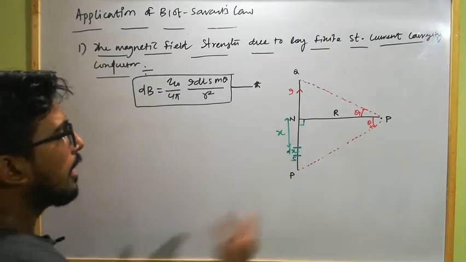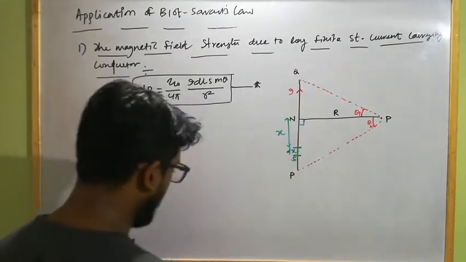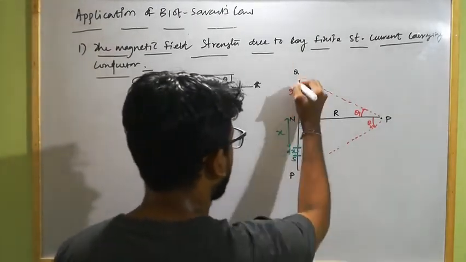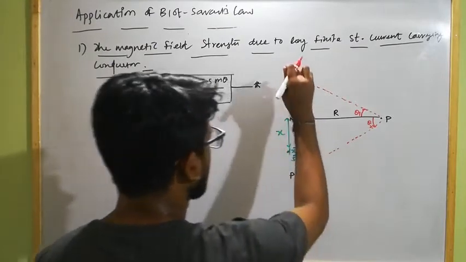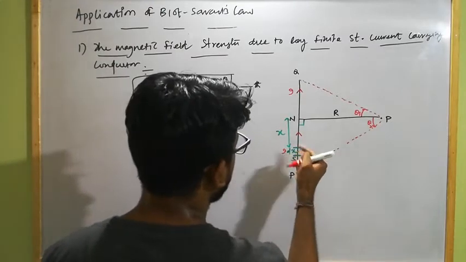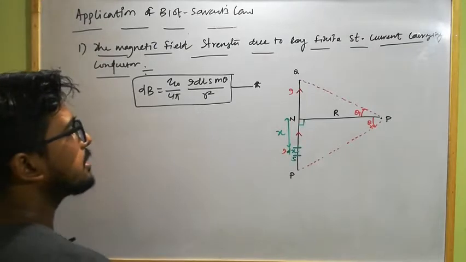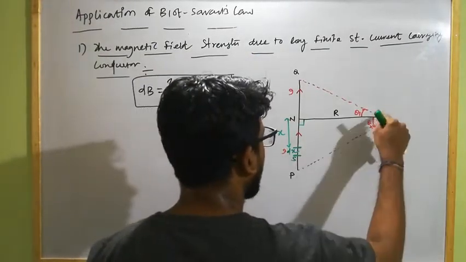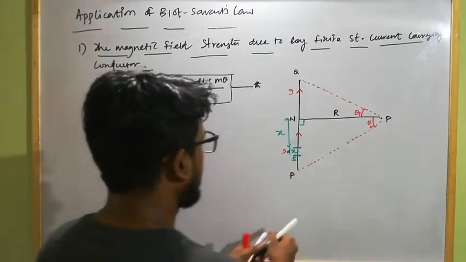Clear? And as this is a straight current carrying conductor, the direction of this current carrying element is also along this current carrying conductor like this. As this is a straight current carrying conductor, the tangent to this will be along this direction. So this is the direction of the current carrying element dx, which carries current I as well. So this is the current carrying element I dx having the direction along this current carrying conductor, as this is a straight current carrying conductor. And the distance of the point of observation P from this current carrying element will be this one.